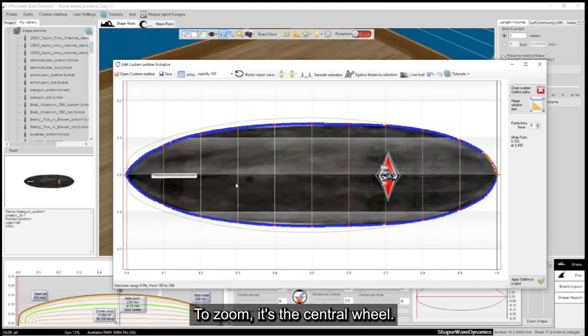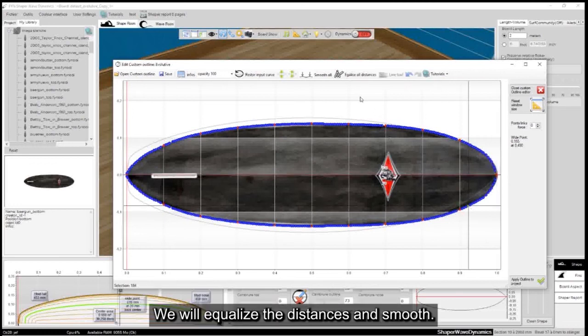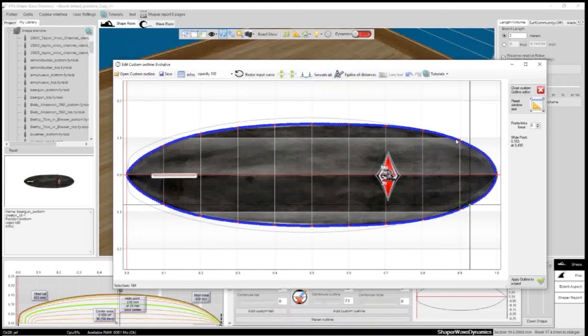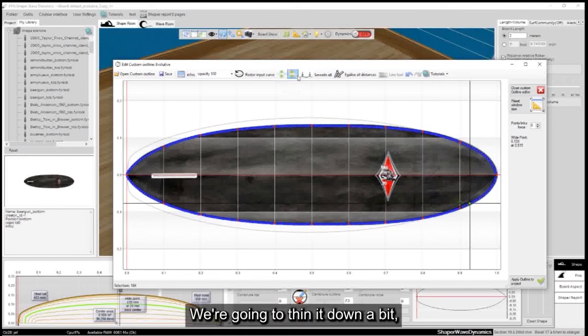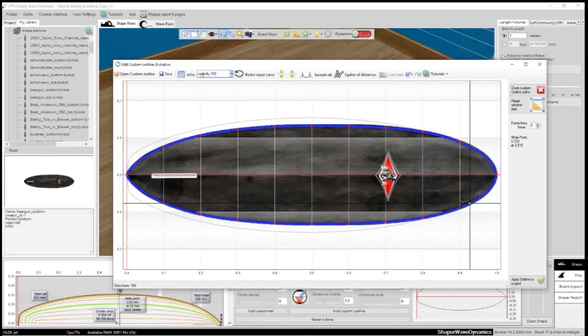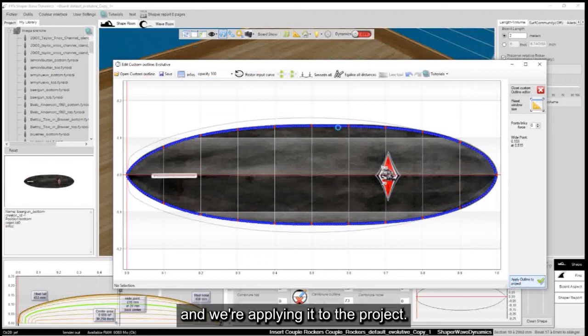To zoom, it's the central wheel. We will equalize the distances and smooth. We're going to thin it down a bit. And we're applying it to the project.